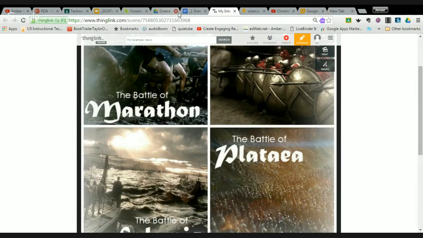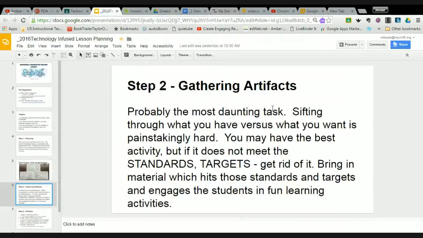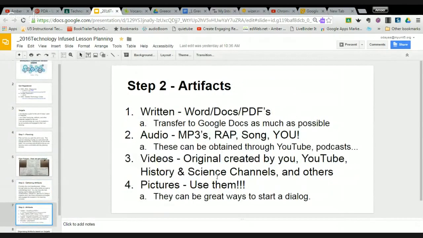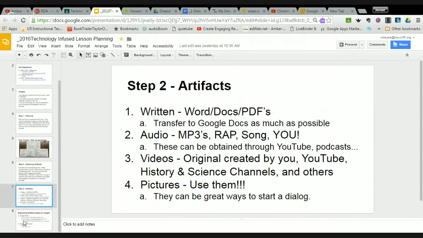A lot of organization here. So that is the painstaking part. And then the artifacts, all of them, using them and or creating them. So that's the biggest thing. So we've gone in